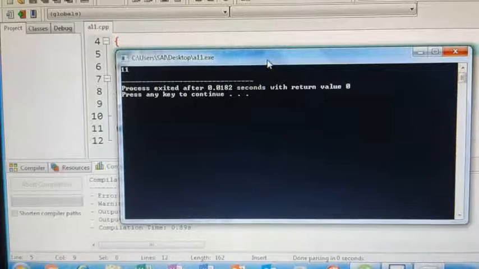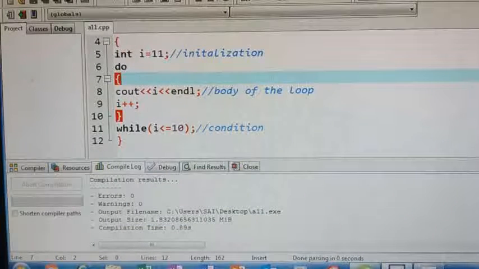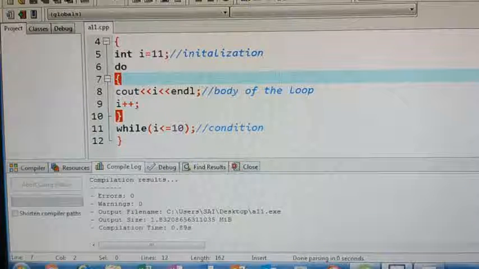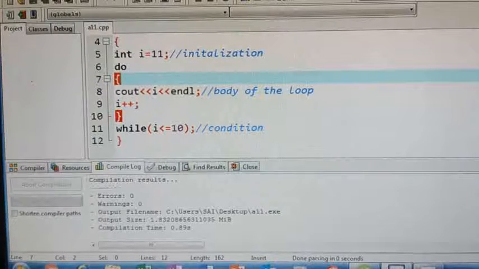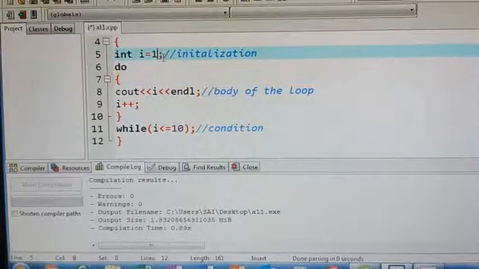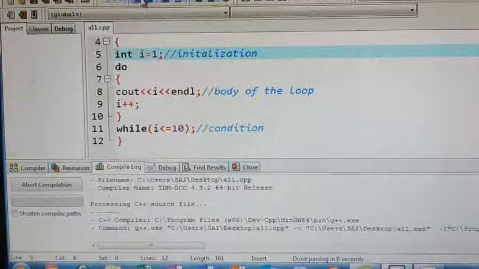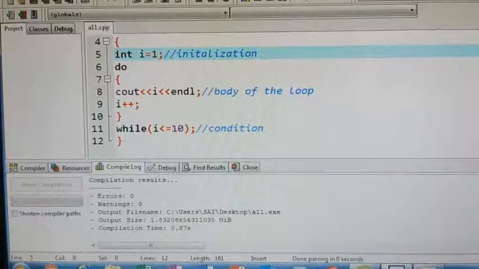That is the difference. So in some cases, if you want to execute a statement at least one time, whether the condition is true or false, then we'll use the do while. Here, even if the condition is false, at least one time the body of the loop will be executed. Next it will check the condition. Save it, execute, compile. Same as you compiled in C, the same procedure you can follow.